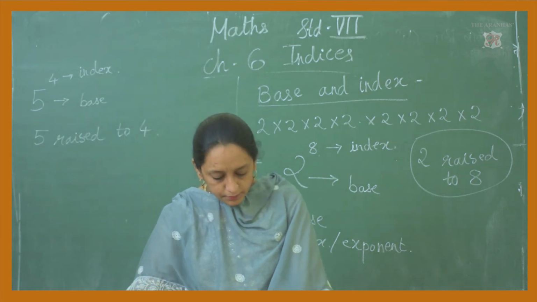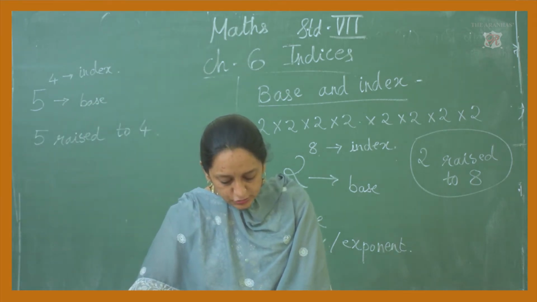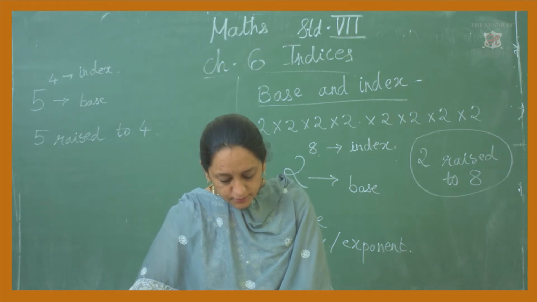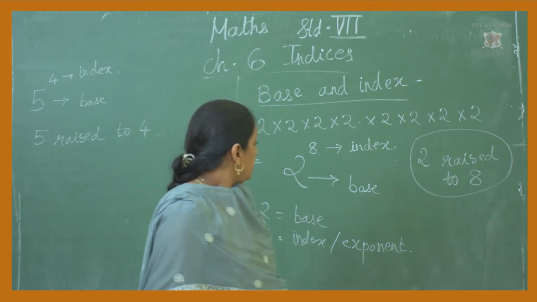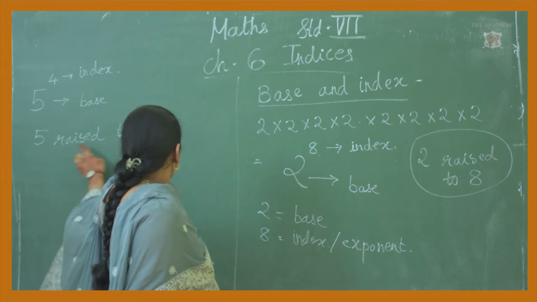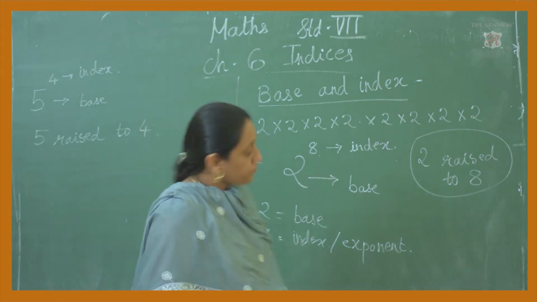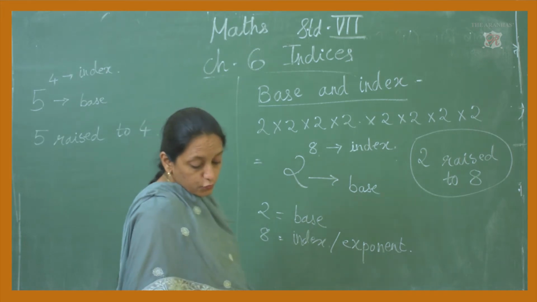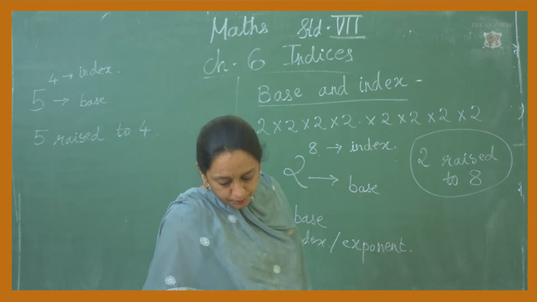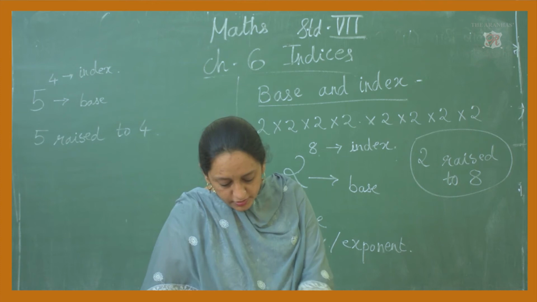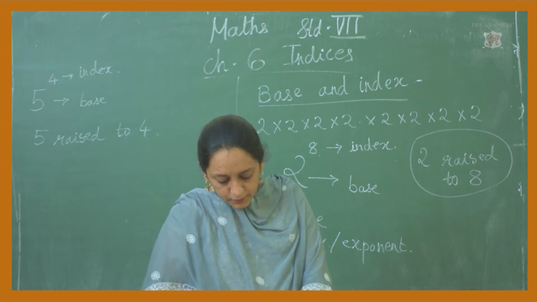They have given here A. A is raised to M, or you can also call as A raised to the power M. That way 5 raised to the power 4 or mth power of A. So here you can write it as 4th power of 5. So no need of that, students. You can read it in the simple way what I have given. Similarly, they have given example down.